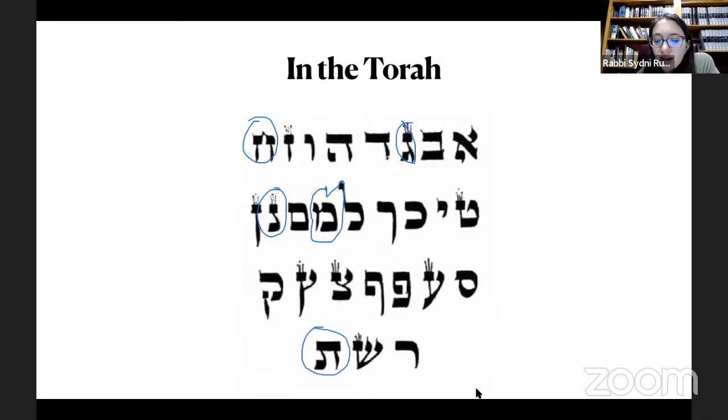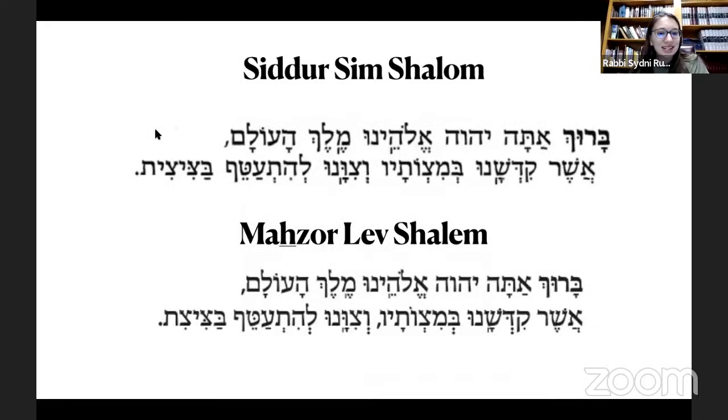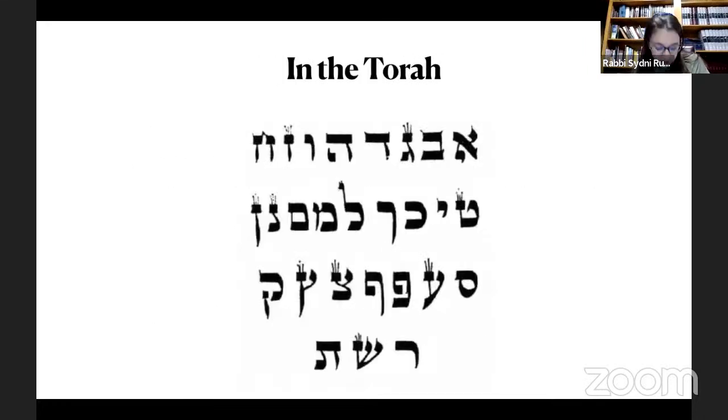And you'll notice that there aren't any dots on these letters. In the Torah, there are no dots and no vowels. So when we read out of the Torah, two options. One, we have to be really, really fluent in our Hebrew to be able to read without vowels. Or two, we have to memorize what the order of all the words are. It's much easier once you know the Hebrew well, or once you get the sound of the Hebrew down when you're reading Torah. But even if you're not fluent in Hebrew, it is definitely possible to read out of the Torah. That's a little bit down the line. That's our ultimate goal in this class.